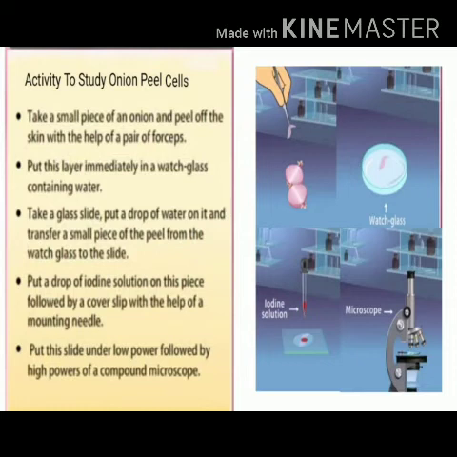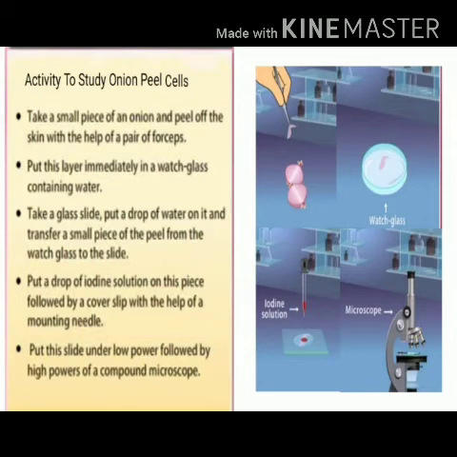So you had taken that thin slice of onion peel in a slide, then put a drop of water, and then put a drop of iodine solution, after which you cover it with the cover slip. A small glass cover slip used to be there. Cover it and then observe this slide under microscope. Here is the activity done. What we will observe, that I will let you know after some time.